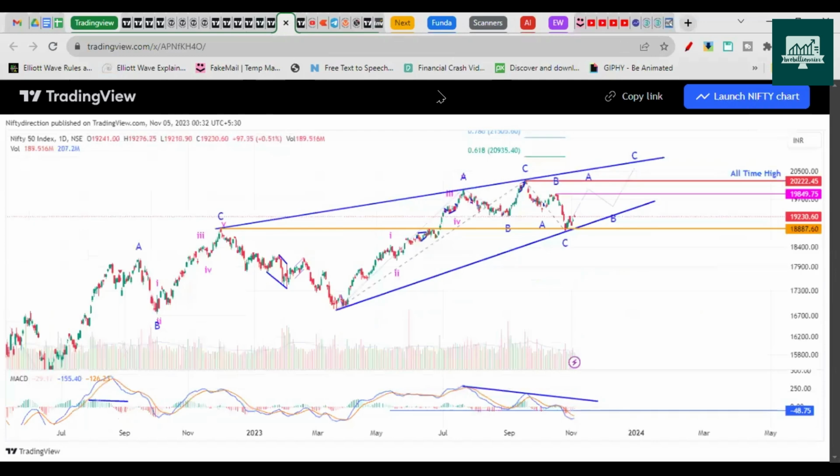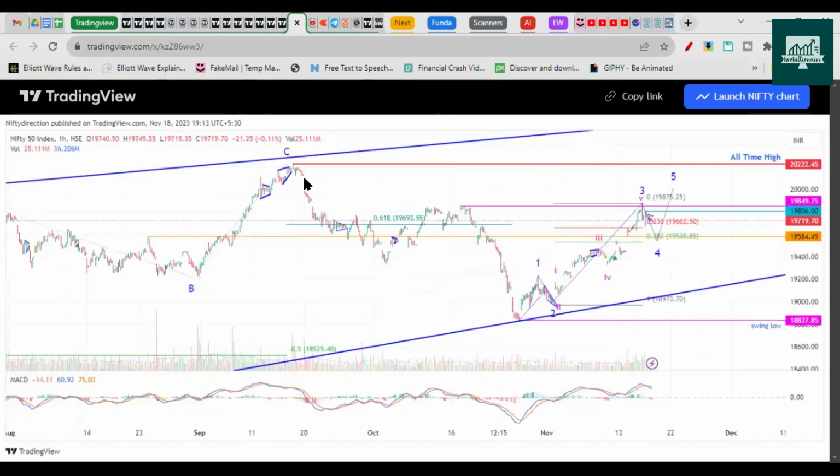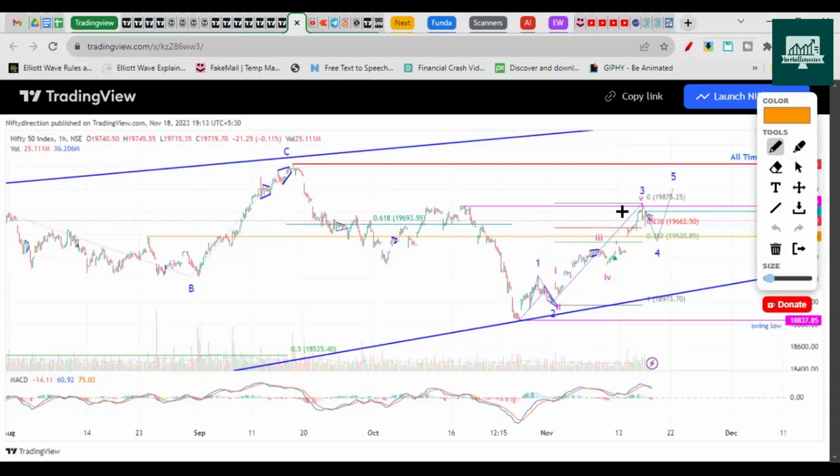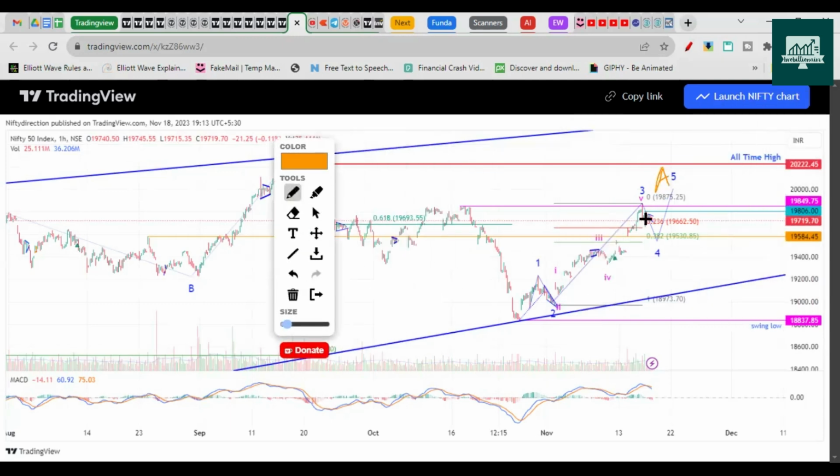So this was the chart from last week. We already discussed that. So for next week, I'm expecting a move like this. I'm still assuming that we are yet to finish wave A. So wave A should end somewhere near 20,000. So we could have started the 4th wave. At this moment, I do not have clarity whether this is one move from here to here and this is another 1-to-1 pattern, right? So I don't have clarity right now.